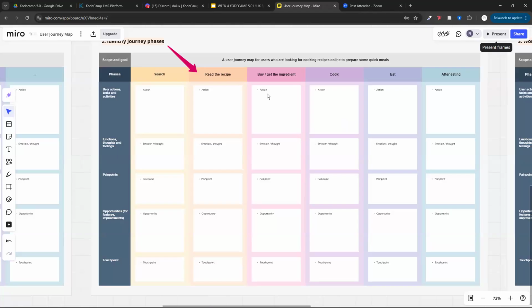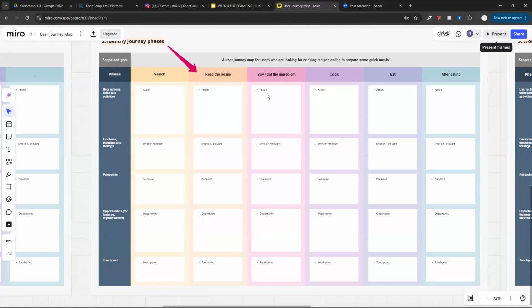Now, the opportunity here is to have different recipe alternatives, or different alternatives for some ingredients in your recipes, or easier ways to cook it. Maybe you can say it's the same meal, but this is a shorter method, this is a faster method. This is how we have just analyzed one key stage and been able to get opportunities to make our application better